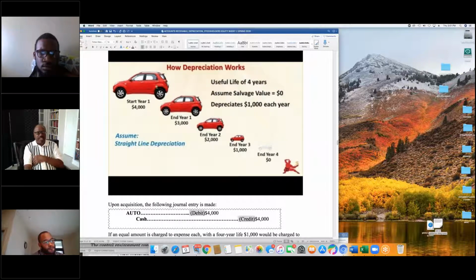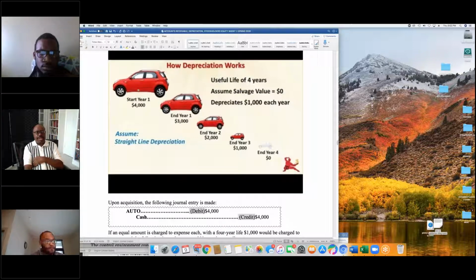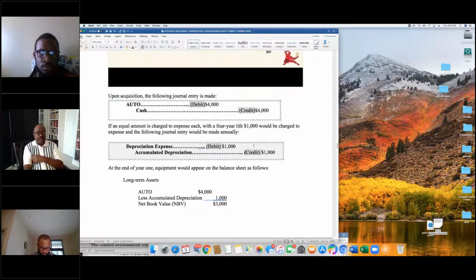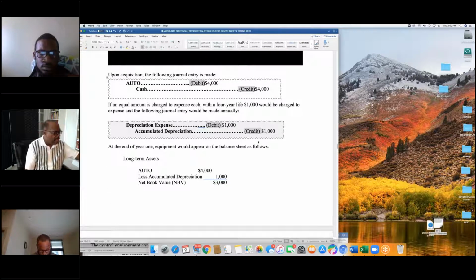So what this kind of depicts is that you bought this car for your business. It's not going to be worth anything in 4 years. So you have to write it off as an expense, just like you would supplies, because it's being used up. And so the big thing is, you need revenue to cover that cost. Any questions on that example?